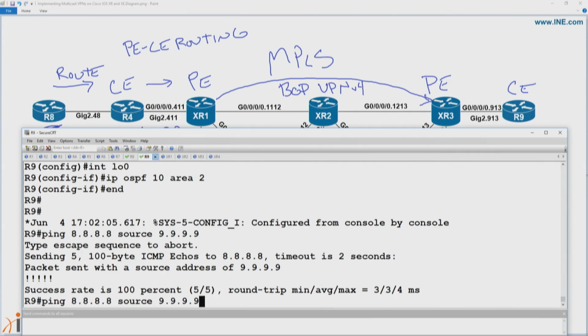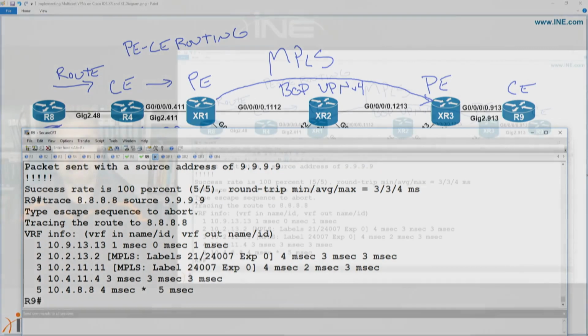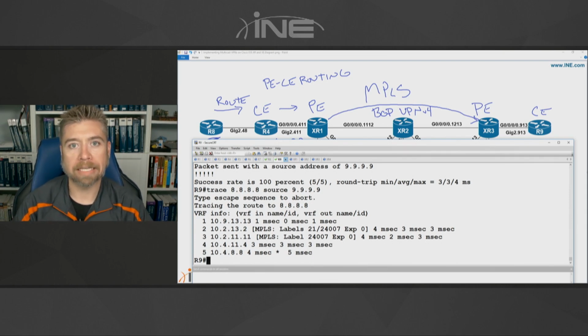Yes, we can. If we do a trace route here, we should see that once the traffic goes into the provider network, it's going over MPLS labels, which is needed because the P routers, the devices in the very middle, which are router 2 and XR2, don't have a route to any of these final destinations. So we're essentially hopping over them, or MPLS tunneling over them, by using that combination of the PE to CE routing protocol plus BGP VPNv4 based on the next hop of BGP in the core,